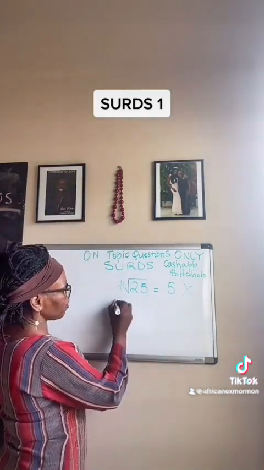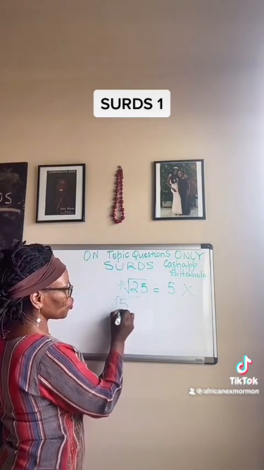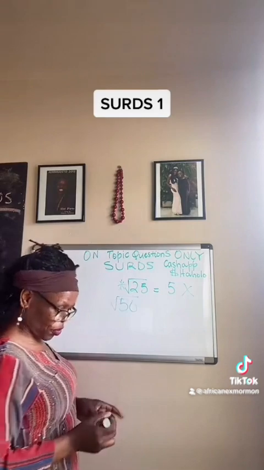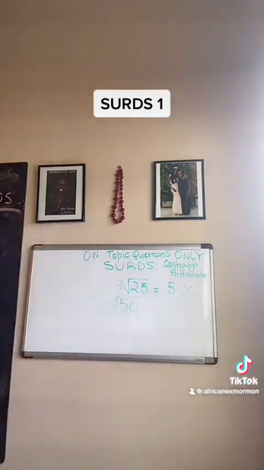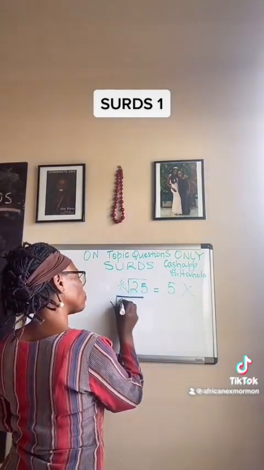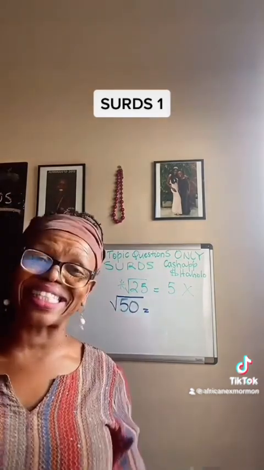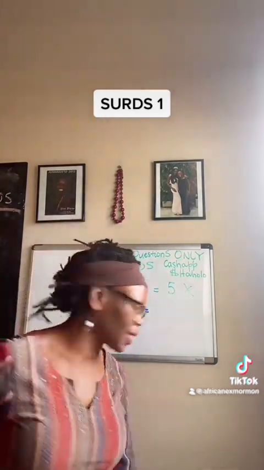Okay, let's say for example we had the square root of 50. Based on what we just did,